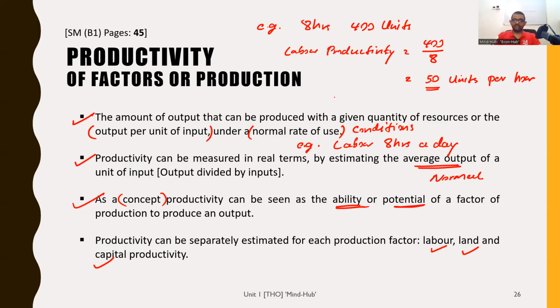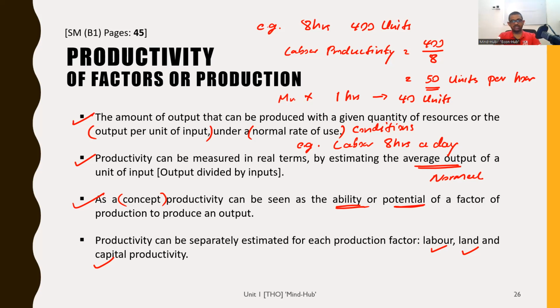Now we'll say there is an employee in this factory, Mr. X, who works for 1 hour and is able to produce an output of 40 units. What can you say about Mr. X's labor resource? He works for 1 hour and produces only 40 units. Remember, the productivity of labor in this factory is 50.